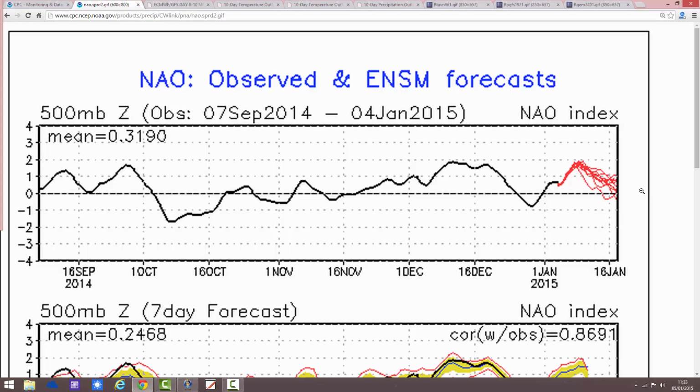And that means that the Atlantic Ocean may not get itself into a position to help bring down the cold air that we have with the blocking over the Arctic. So that could be a problem.